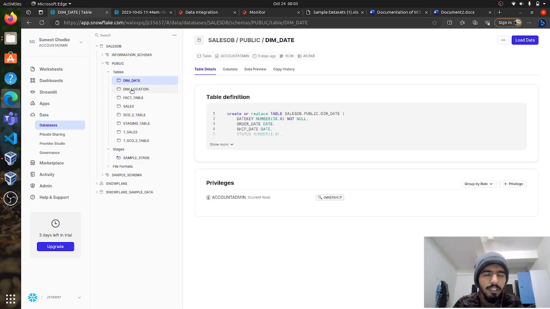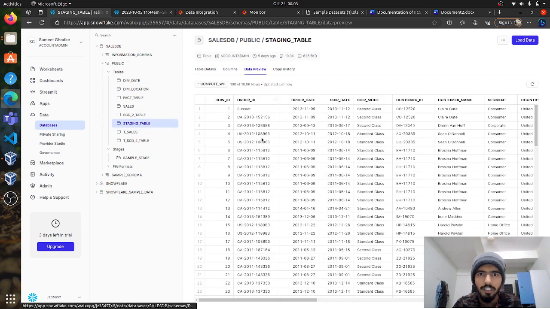after that I created 3 tables, 2 dimension tables and 1 fact table, as I was told. And this is our staging area, or the source. You can see the data preview. This is our data. Here it says Sumit because I have altered this data for my presentation. It is not Sumit here, and here is some other data.